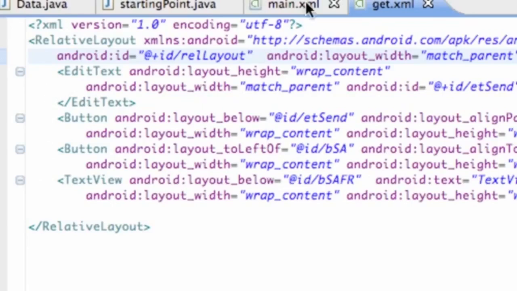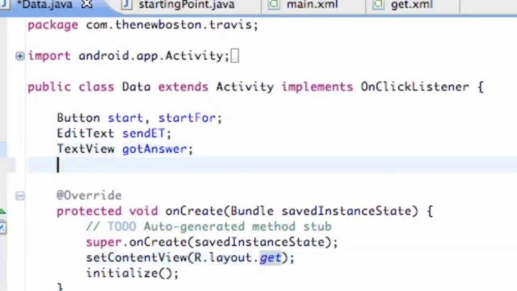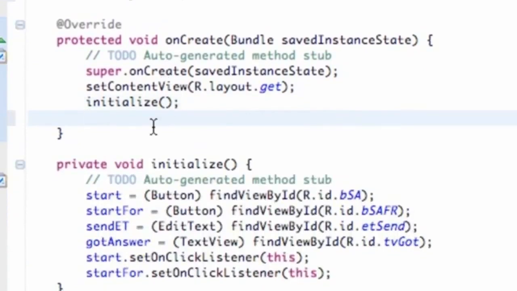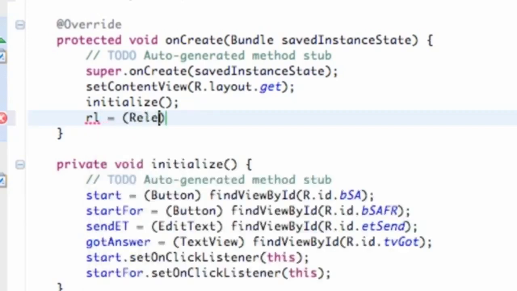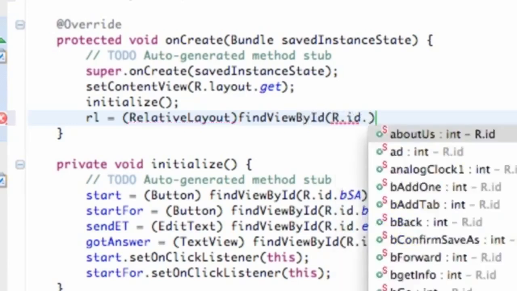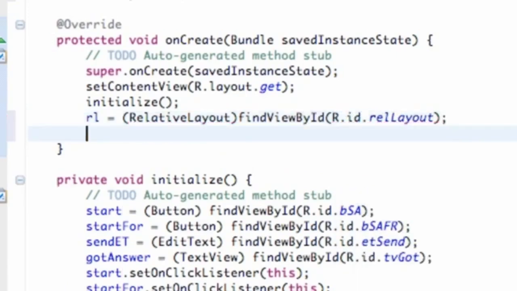file. So now what we're going to do is go into the Java, and we're just going to set that linear layout up here, or relative layout I should say. We're just going to call this RL and add our imports. And actually, I'm just going to set it up within the onCreate method as well. So I'm just going to say RL equals RelativeLayout, findViewById, R.id.rel_layout. And the reason I did that is because we're going to add